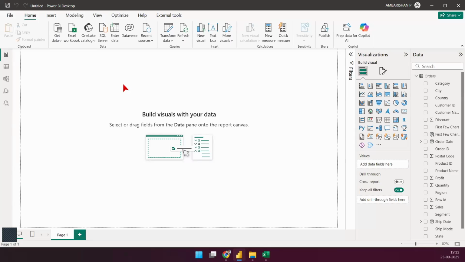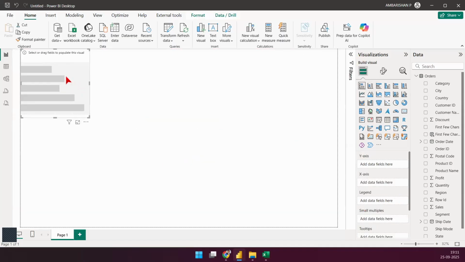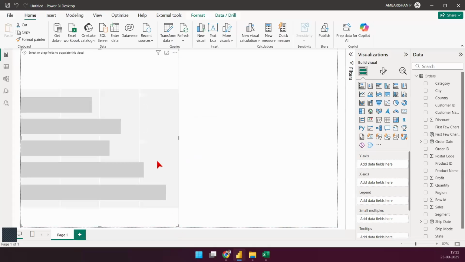So let me give you this quick idea of how you build a visualization. You don't have to sweat a lot. You don't have to do a lot of thinking and other things. Just observe how I am doing it, and this is going to be pretty simple and easy for you. Have a look. Let me take a simple chart. Let's go with a stacked bar chart, the very first chart in our Power BI tool. Click. That's it. So what you need is one descriptive field and one numerical field that I showed you to build a chart. This is the golden rule that I use. And I have a lot of different tricks like this. I'll show you that in different places. So this is the best trick.